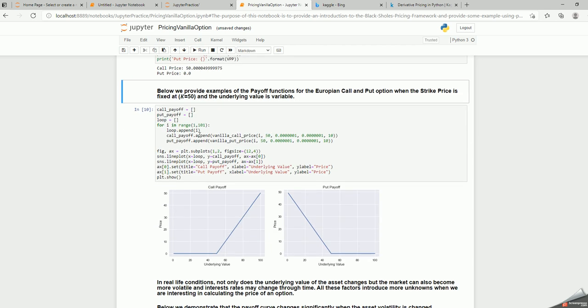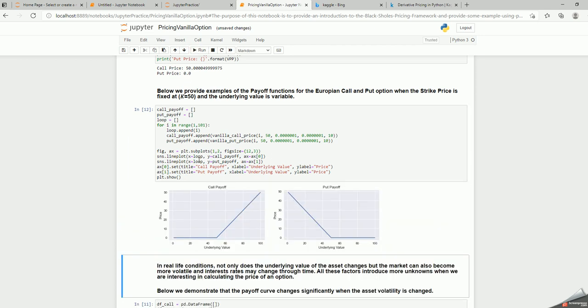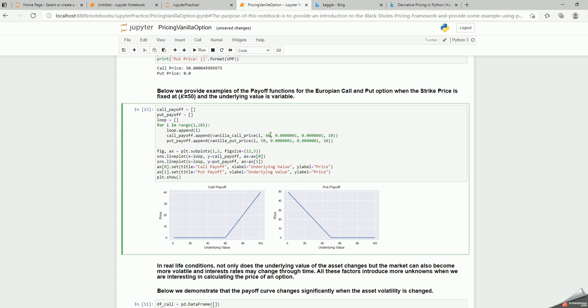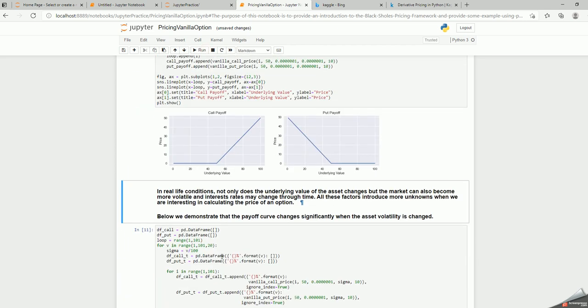Finally, you have the call payoffs and put payoffs, with some more details and some more graphing for call and put options. If you just run it, you will be able to see the graph. Say you change some data here, you will see there is a change in the graph. Whatever you experiment with, you change some data here and you see the change. Based on what you code here, if you run it, your graphs and your output will change.